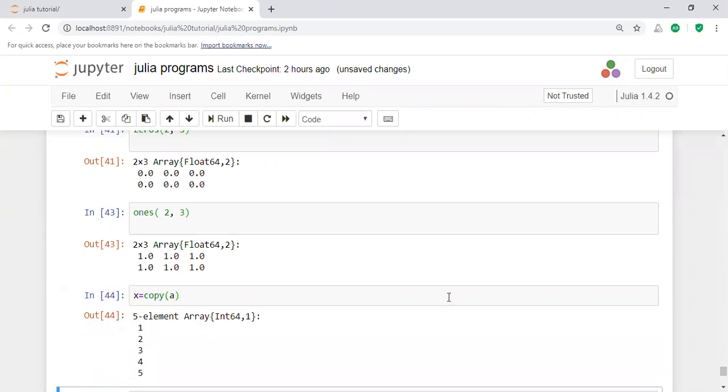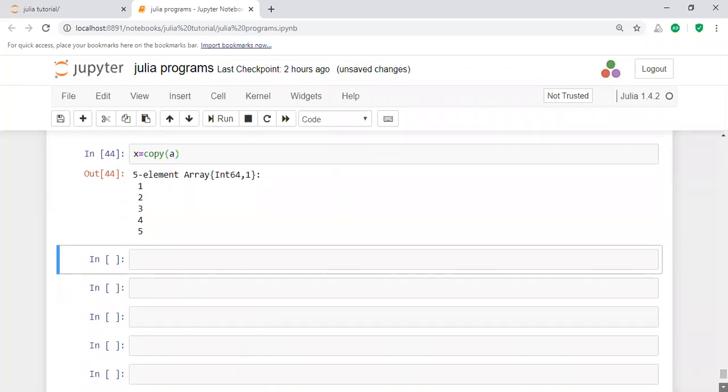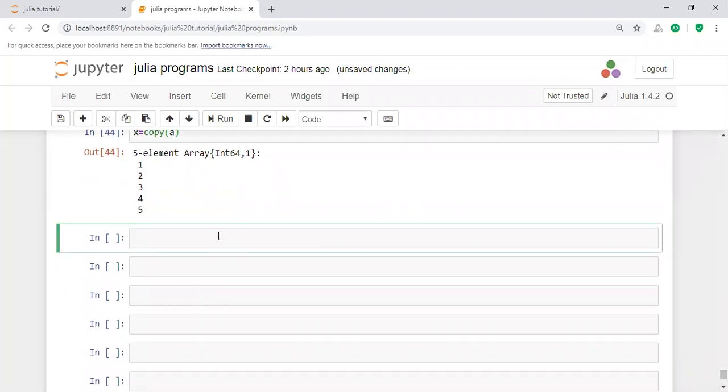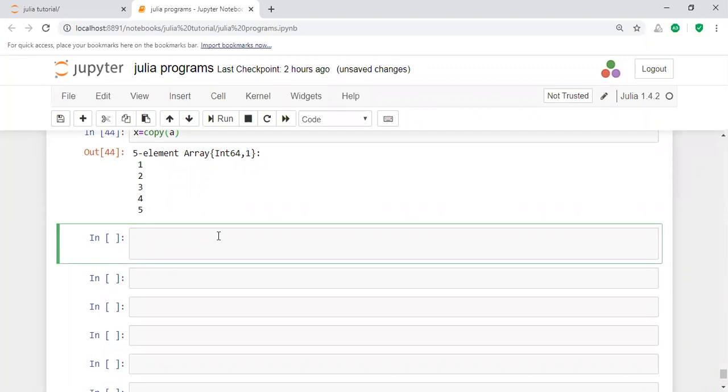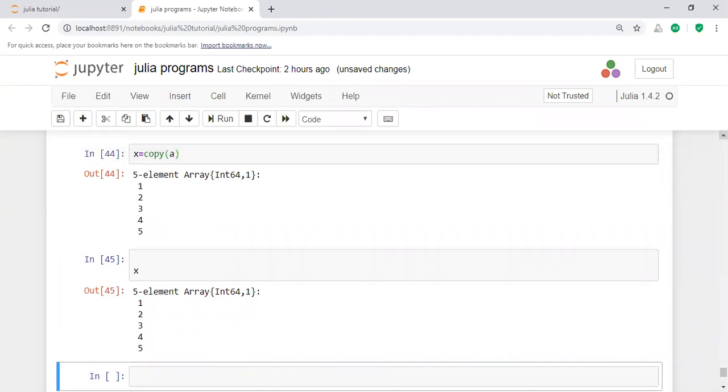If you want to display the x value, it automatically displays x. That means you get a copy of array a in x. In this way you will perform the copy function.